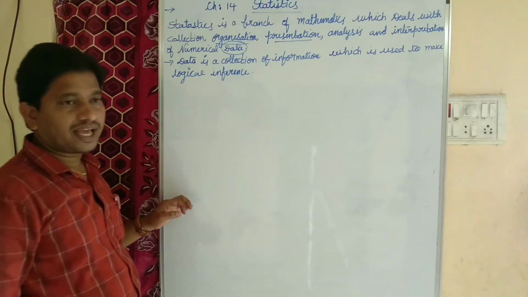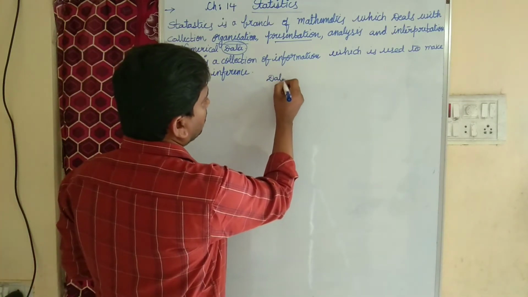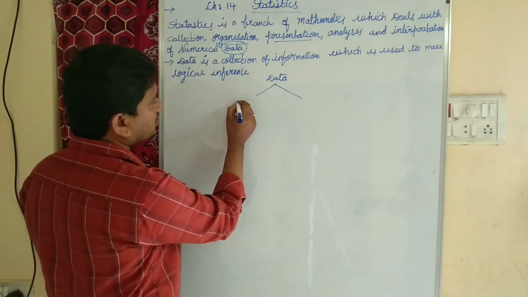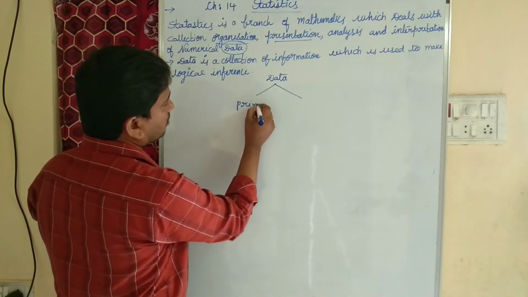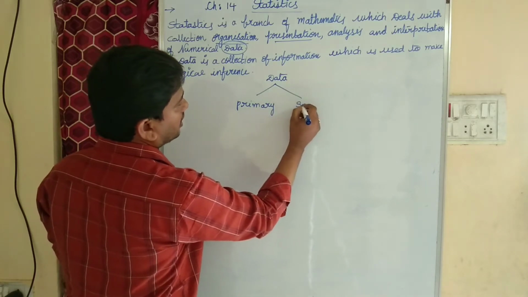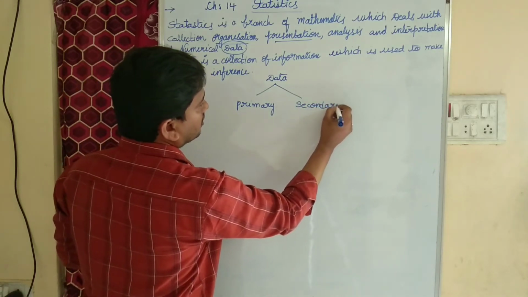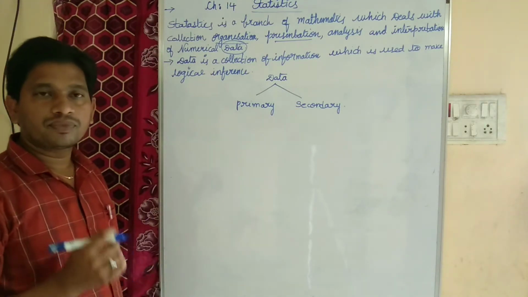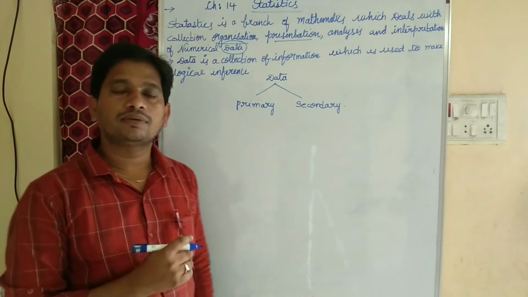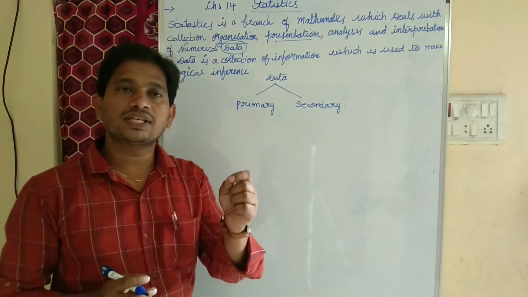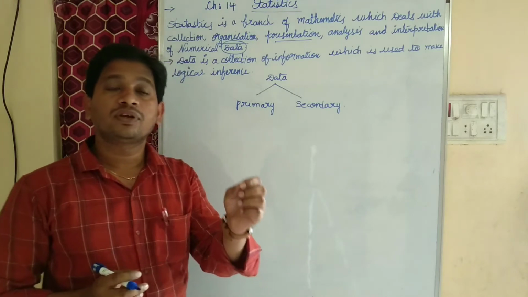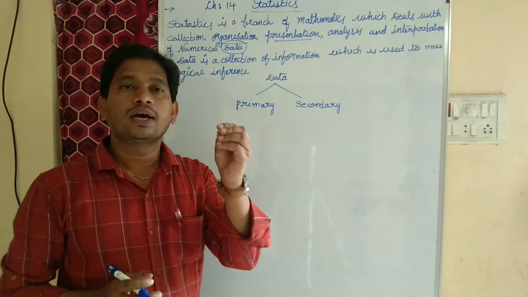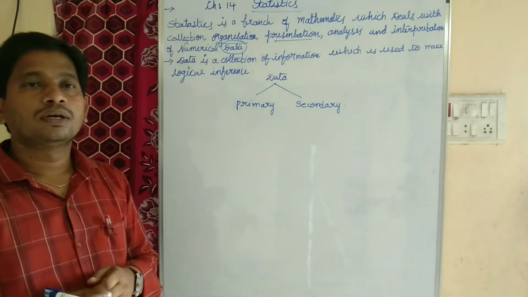Okay, so actually data is of two types. The first one is primary data and the second one is secondary data. So what do you mean by primary data and what do you mean by secondary data? The information collected by the investigator with a certain purpose is called primary data. I mean, for example,